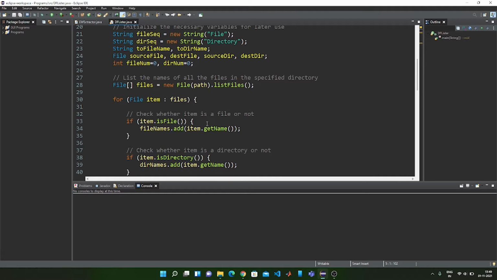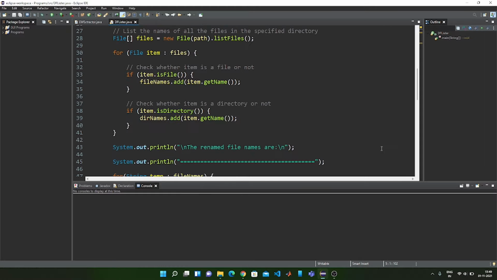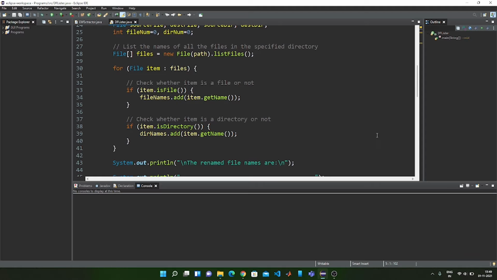If the current file is a file, we add it to the file names array list, and if it is not a file but a directory, we add it to the directory names array list. They store all the names of the files and directories in string format.